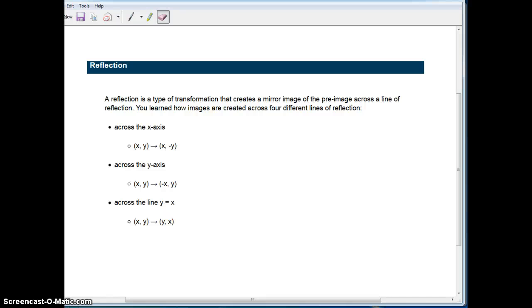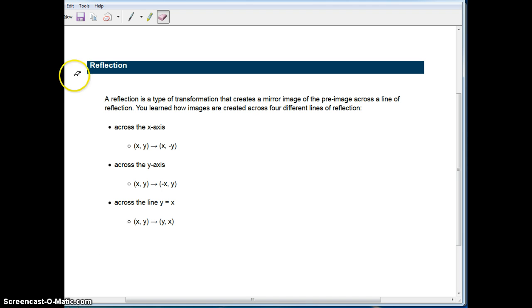Today we're going to talk about reflections. A reflection is a type of transformation that creates a mirror image of the pre-image across the line of reflection. In other words, a transformation is the operation that maps the pre-image, the before, onto the image, the after. Now, for reflection, the pre-image is flipped over a line, and this line is called the line of